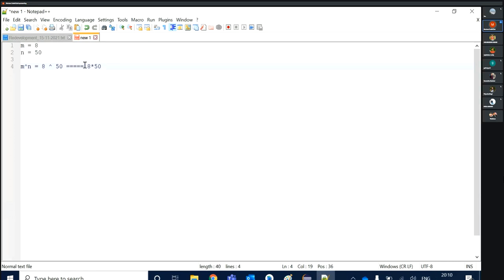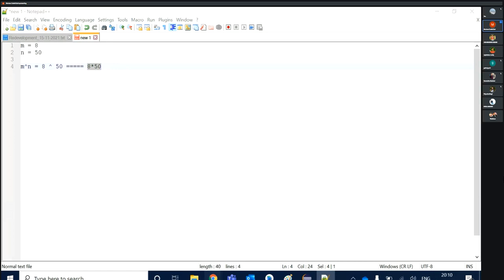We just need to calculate only 50 into 8, 400 calculations will be there. And these are crores of crores of values that would otherwise be coming. Getting what I'm trying to say here? So we just need to decrease our complexity here.